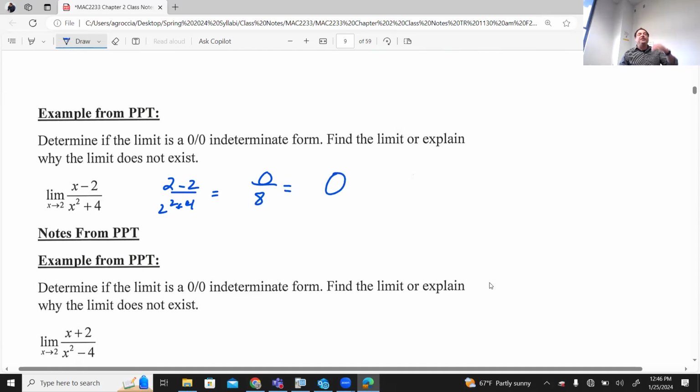Remember, it's only if 0 is in the denominator. Okay? Only if 0 is in the denominator. Now, what I'd like you to do,